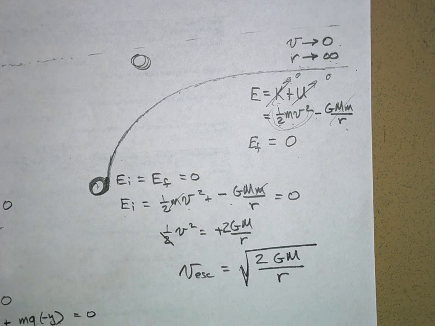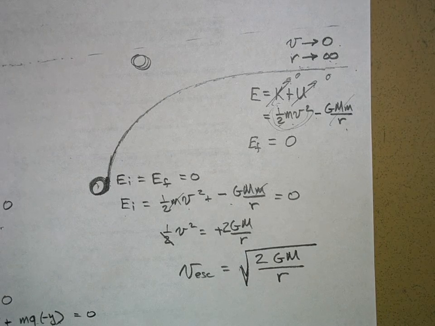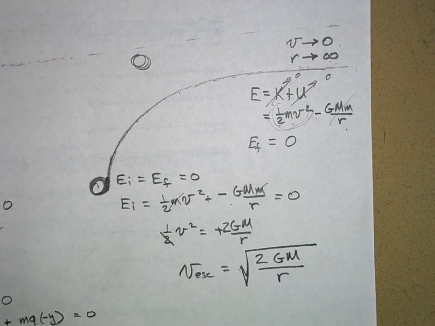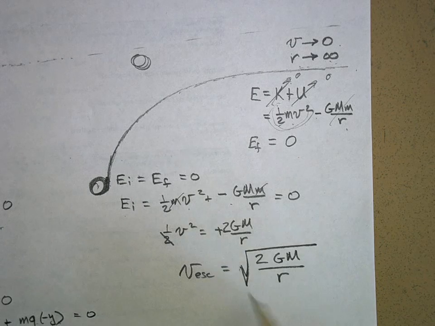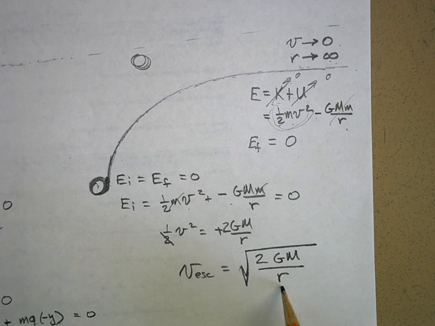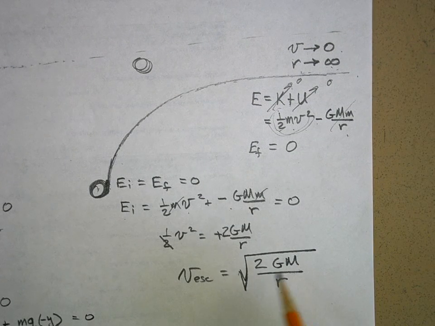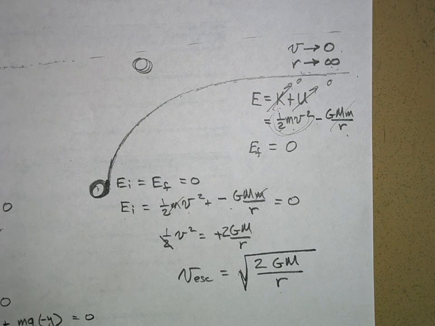This equation tells you how fast you need to go so that you'll go up and never come down. Now, if you're here on the Earth's surface, if you want to throw a baseball up so that it will never come down, it turns out when you plug in all these numbers, and this right here would be the radius of the Earth, because you're on Earth's surface, and this is the mass of the Earth, big G, it turns out to be about 26,000 miles per hour.